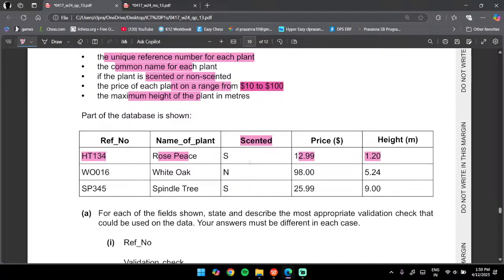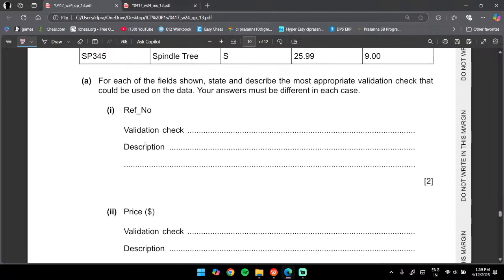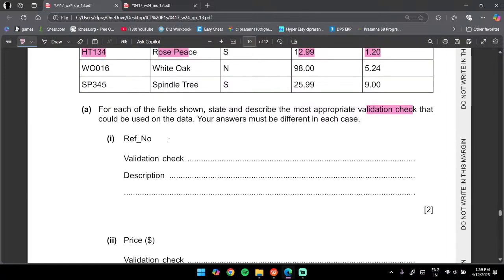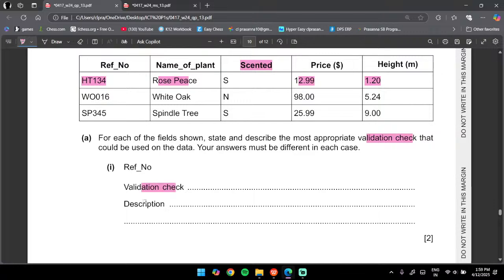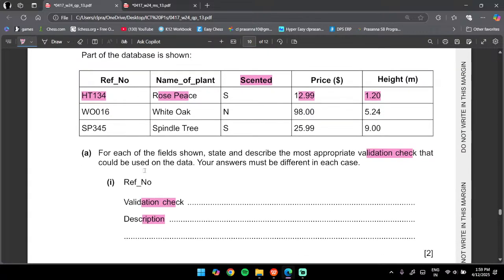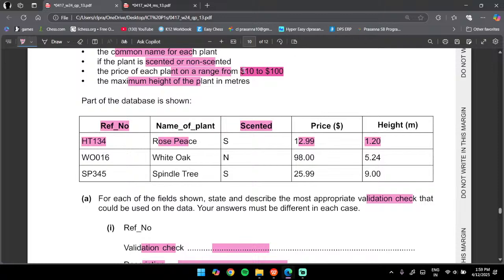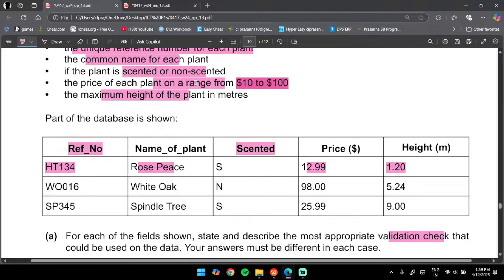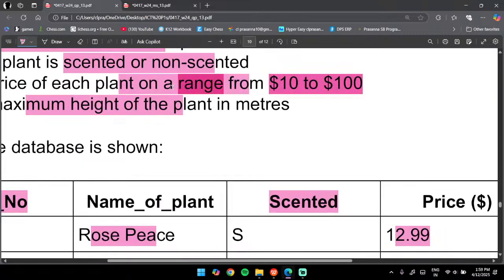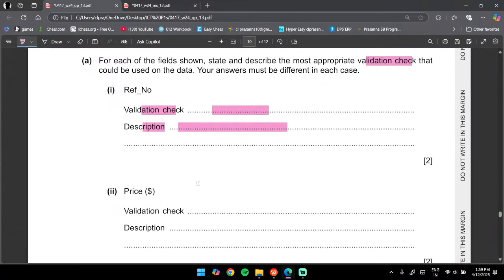Maximum height in meters. For each of the fields shown, you must state and describe the most appropriate validation. So I have to give a validation check and why I chose that. For reference number, I would give presence check because since it's a primary key, it cannot be a null value. For price, they have even done us a big favor. They have literally written range for us over here, which means I can easily go ahead with range check because the price must be between